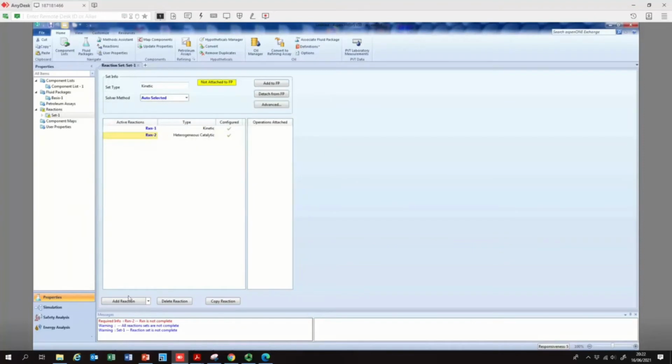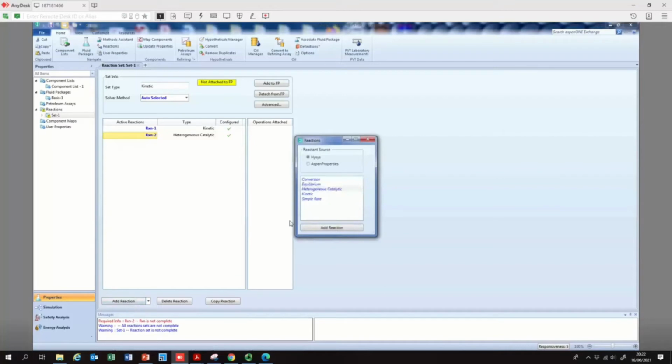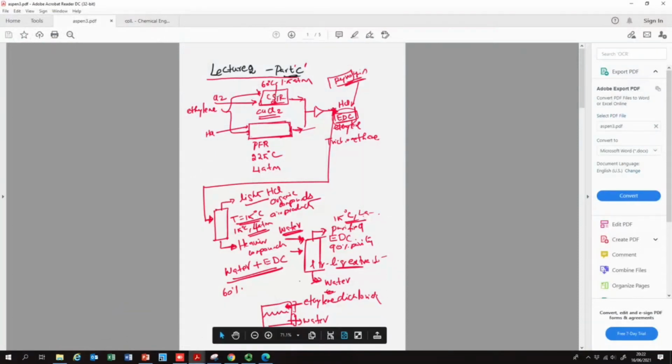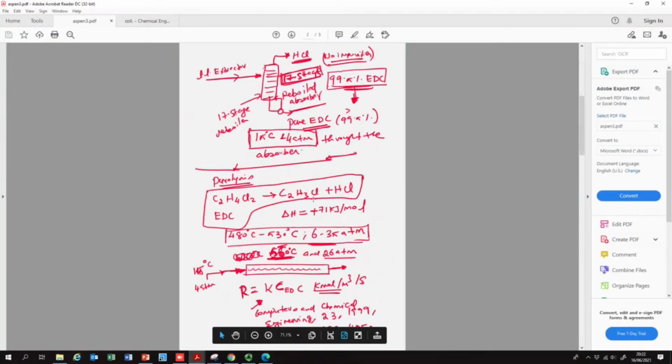The third reaction is your pyrolysis reaction. That is a simple first order kinetics. Let's open my notes here. This one we covered in lecture 2, I think. Yes. So I said for the pyrolysis chamber, the rate expression follows first order kinetics. R is equal to K multiplied by the concentration of ethylene dichloride. And I took this from the